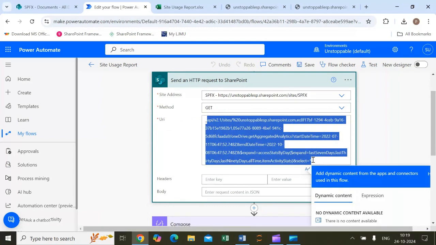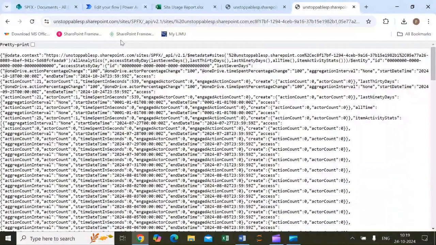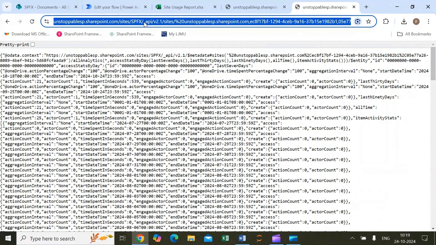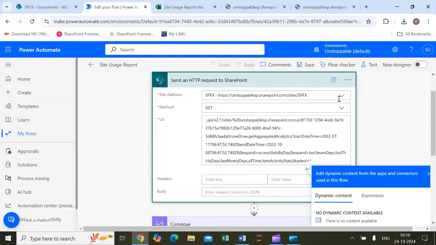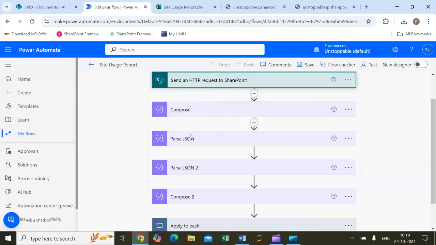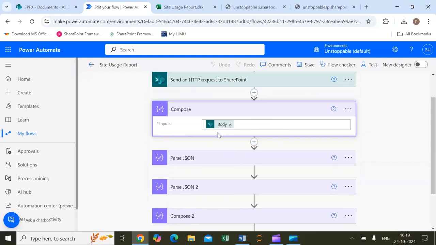And this is the API that I have earlier showed you. So this is the API that you need to use. Just remove the URL because here we are providing the URL. So here we are providing the site address. That is the reason you just remove the URL till the site name, and then from the API you just copy and paste it here. Once it is done, then compose the output because you need to understand the schema for